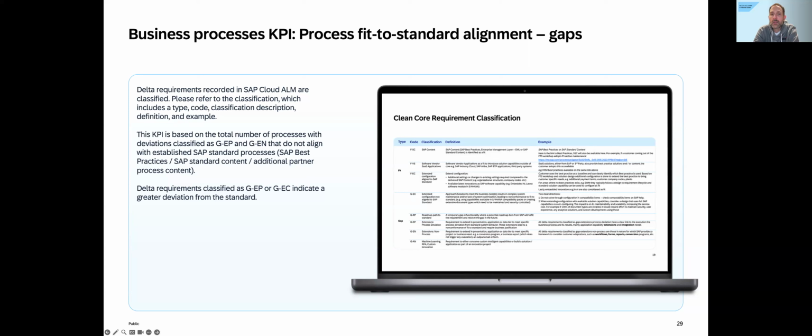But there are also GECs. So you extend the configuration in a way that is not aligned to standard, by, for example, as you see in the example, doing further development. So you've been extending the configuration with available solution capabilities, but you extend it to a case where it's not really good anymore.